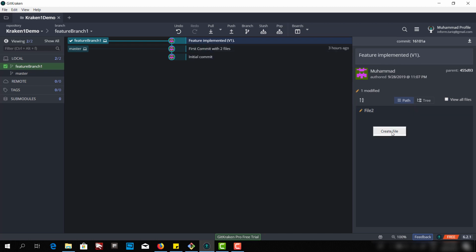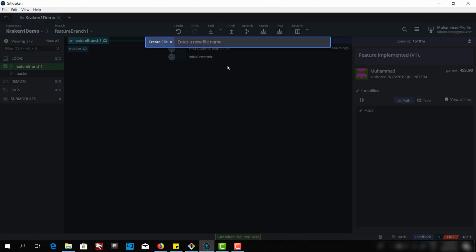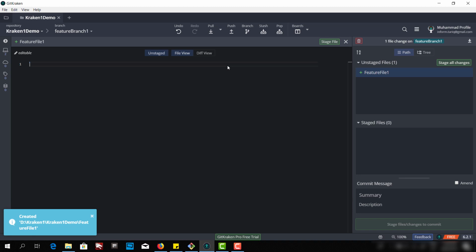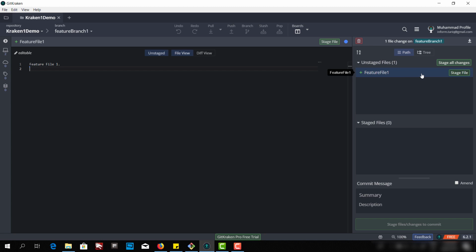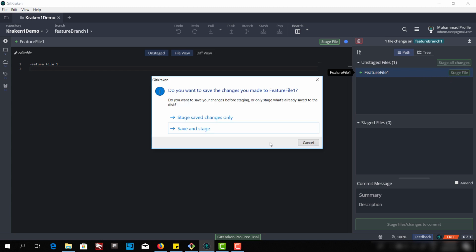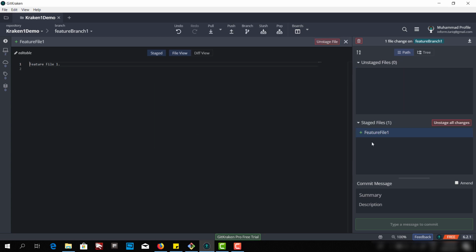and let me add one more file here. So I can say feature file 1, and I will say feature file 1. Okay, so now this file is in the unstaged area. I can save this and add it to the staged area. Now it's in the staged area, and I'll say